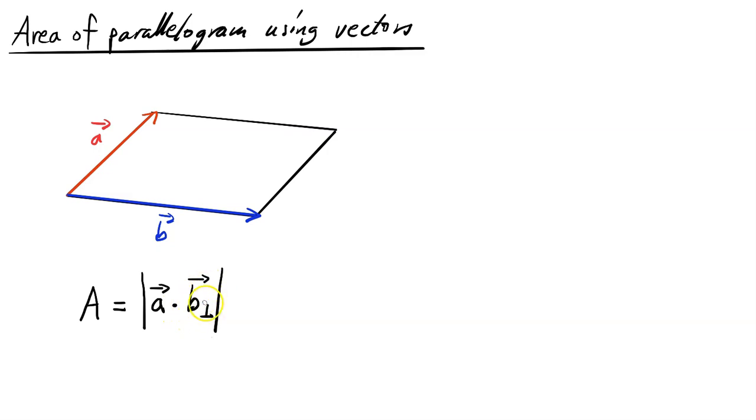And what is B perpendicular? That's just B rotated 90 degrees, either clockwise or anti-clockwise. It doesn't matter. So this is perpendicular to B. It is the same length as B, but 90 degrees from B. We will have more to say about that in the next lecture, but if you have a vector B,